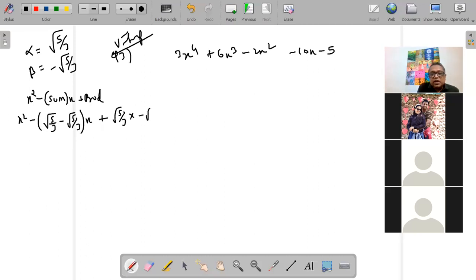और प्रोडक्ट मतलब क्या है, इन दोनों को मल्टीप्लाई करना है। So x square minus सम मतलब इन दोनों को ऐड करेंगे, और प्रोडक्ट मतलब इनको मल्टीप्लाई करेंगे। नाउ दिस बिकम 0 into anything तो 0 बन गया। √5 into √5 is 5 and √3 into √3 is 3, और यहाँ पे नेगेटिव है तो ये -5/3, तो ये बन जाएगा x square minus 5/3।